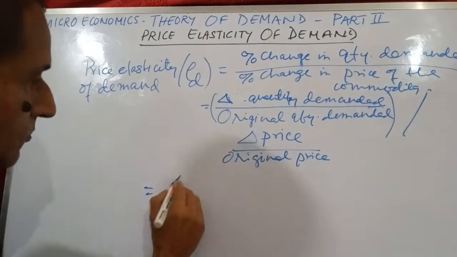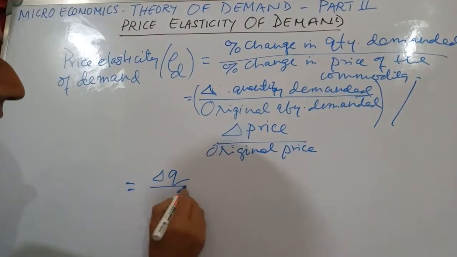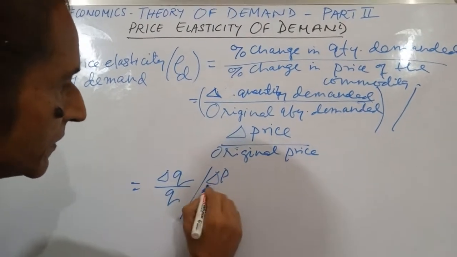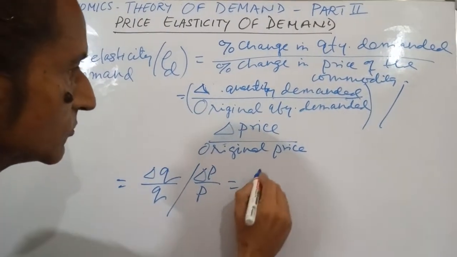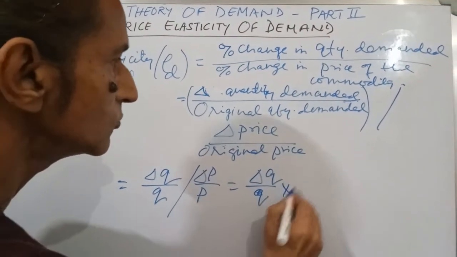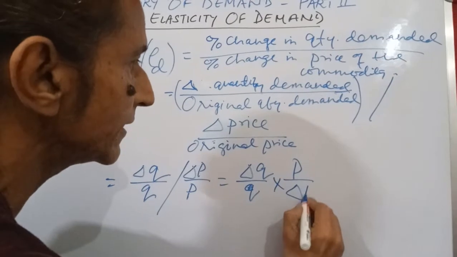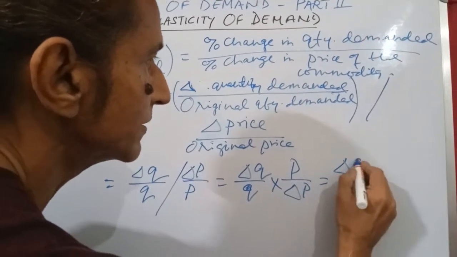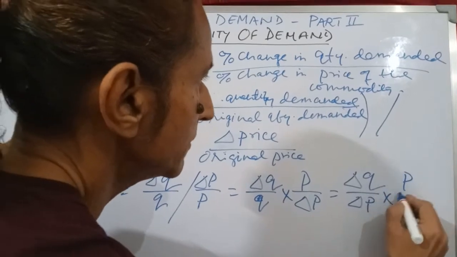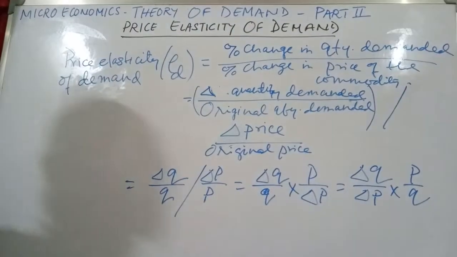This is equal to delta Q divided by Q, the whole divided by delta P by P, which equals delta Q by Q into P by delta P, equals delta Q by delta P into P by Q,